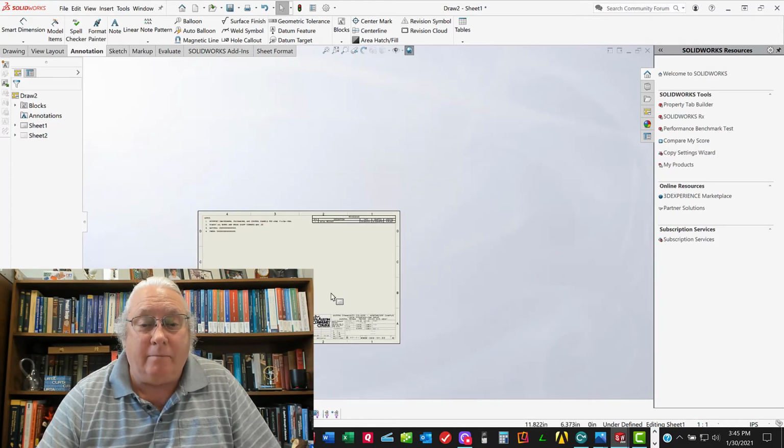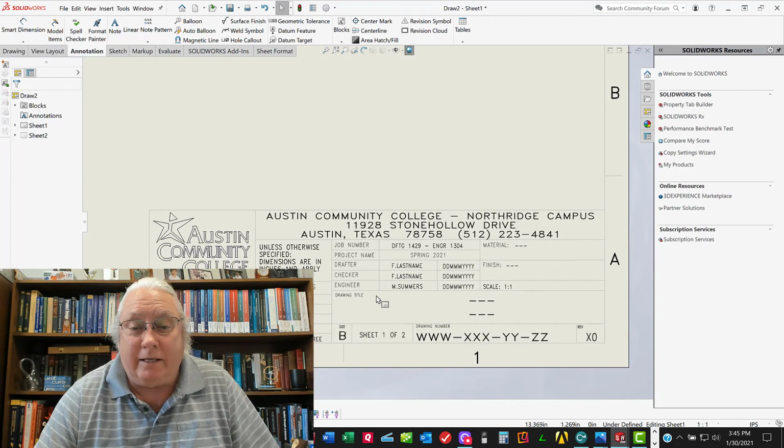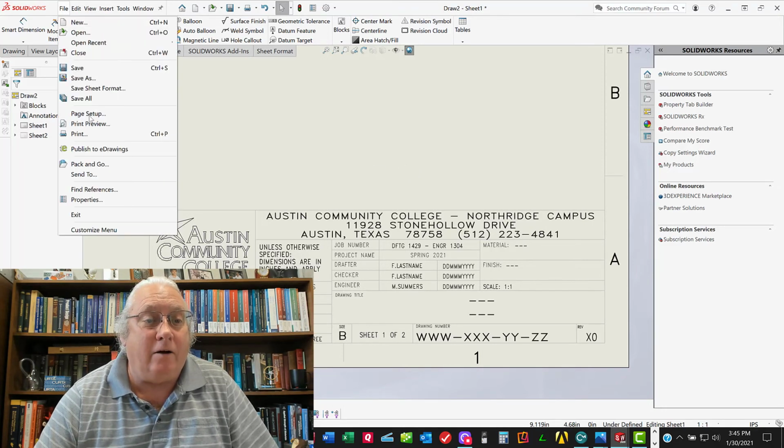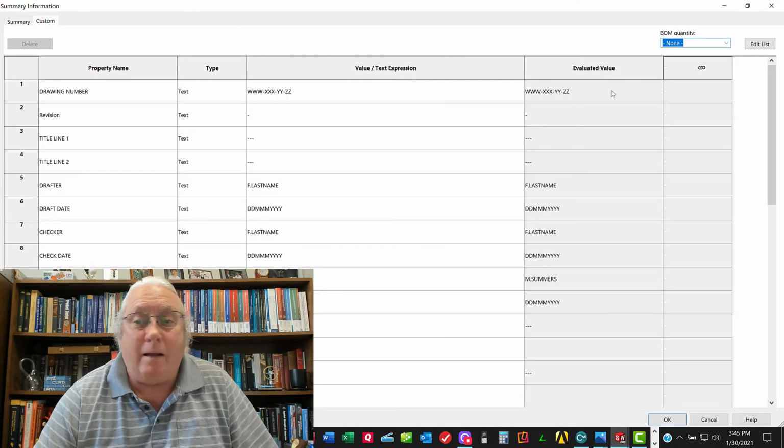Alright, so dumb text, dumb text. Down here is what I call smart text. And we're going to get to this text not by double clicking here. Don't double click in here. It'll break the link to the parametric title block. Instead, you're going to say File, Properties, and it's going to bring up these parameters that we're going to change individually. So here's the name of the property name, and this is where we change the values that are going